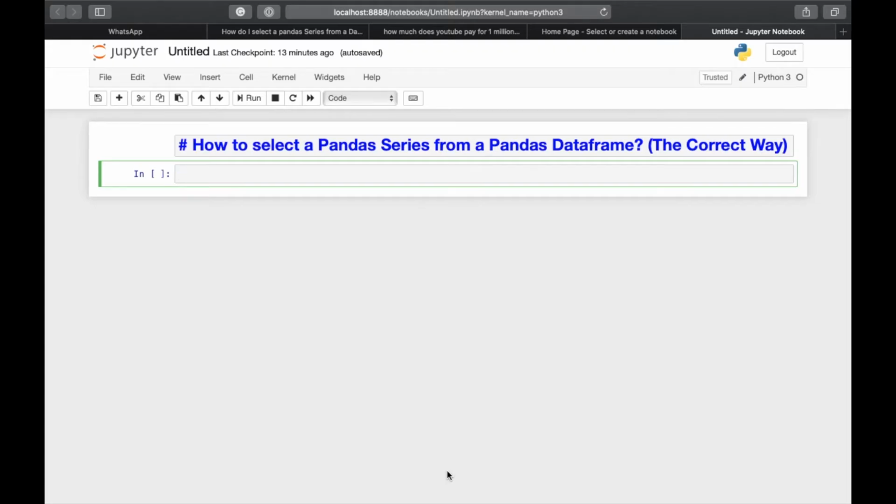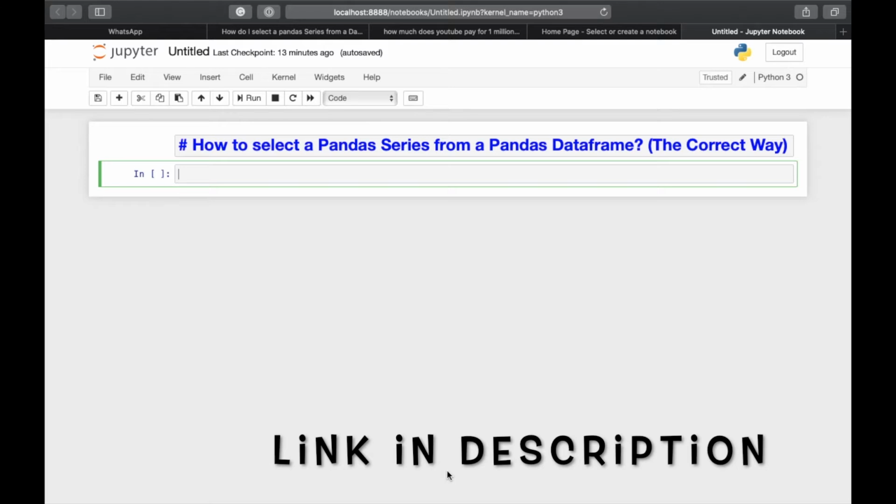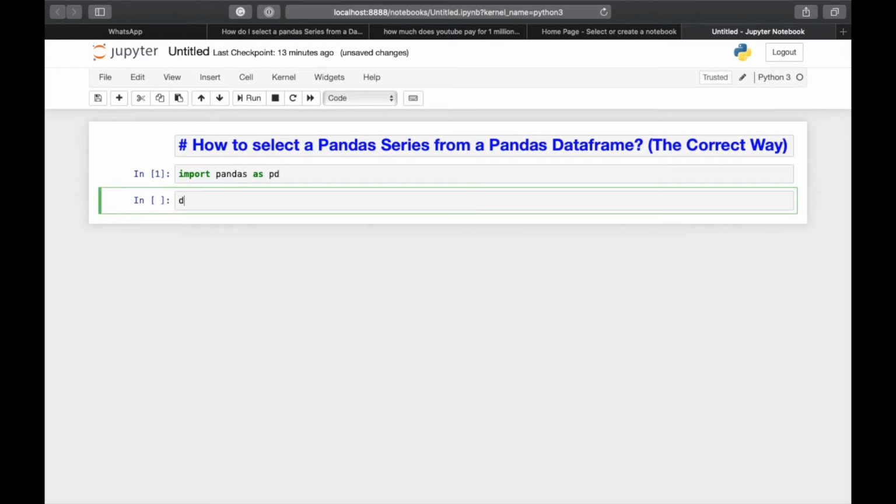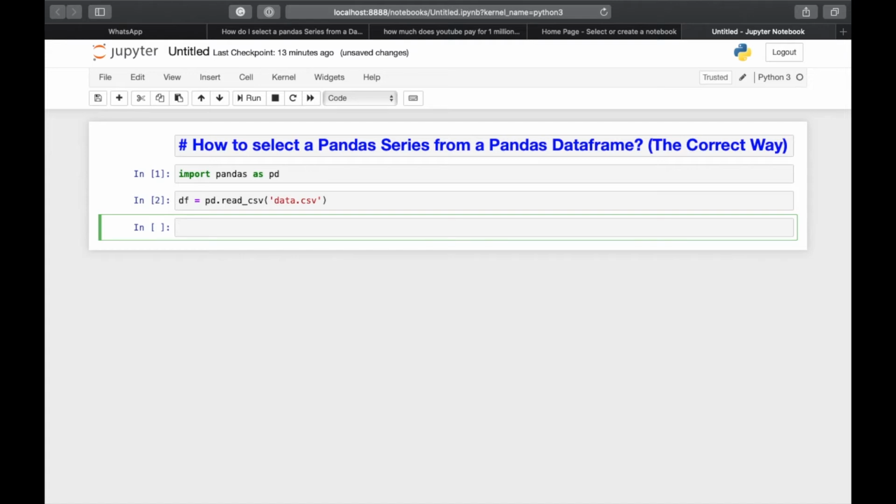First of all, we'll see what the dot notation is. I am using Stack Overflow developer survey data for the purpose of this video. I have saved it as data.csv in the working folder. Let's create the data frame. Import pandas as pd and df is equal to pd.read_csv data.csv. Now if you have a look at the head,